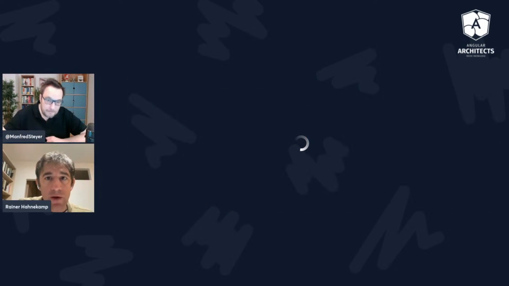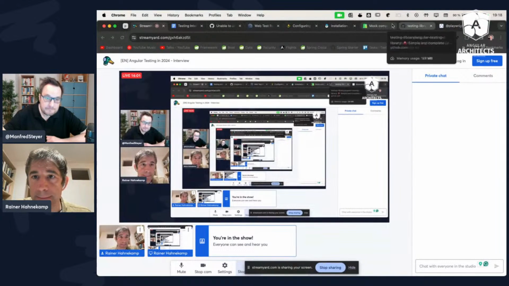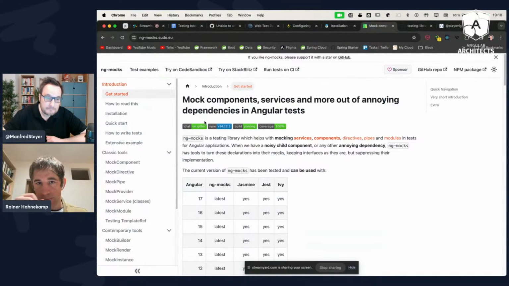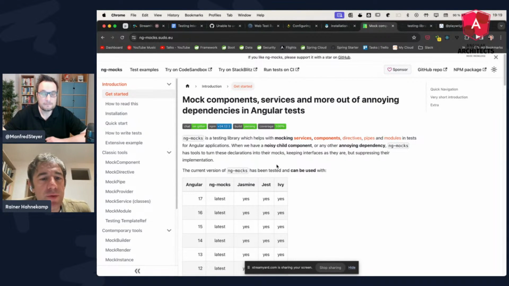Then I would recommend ngMocks. ngMocks is something, as the name says, generally focusing on the mocking part. And I've said before, maybe don't over mock things, but there are of course some use cases where you have to mock something, and here ngMocks is extremely powerful. You can mock services. Obviously, you can also mock components, pipes, and directives.